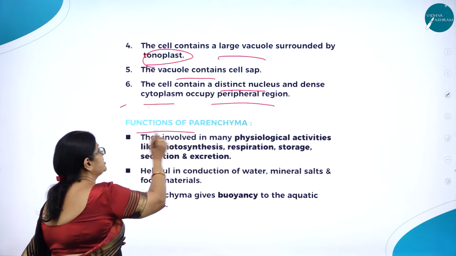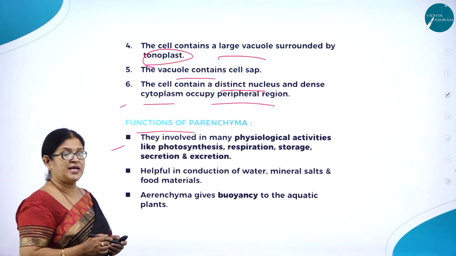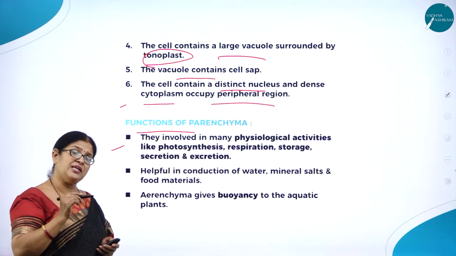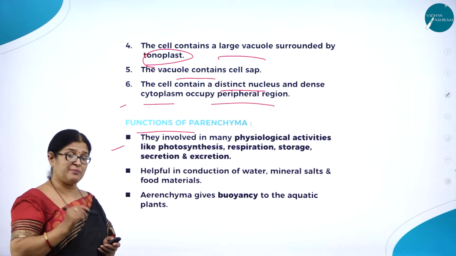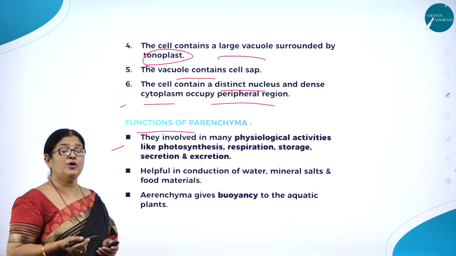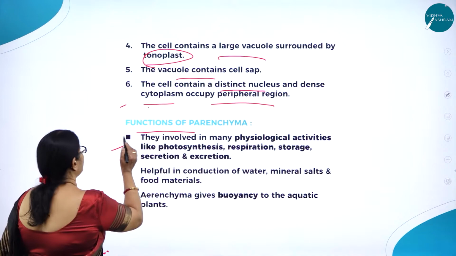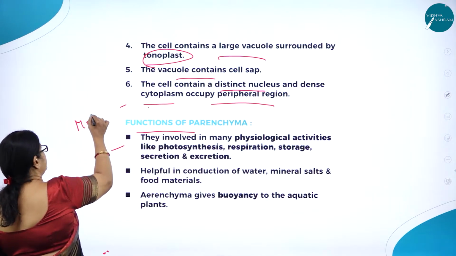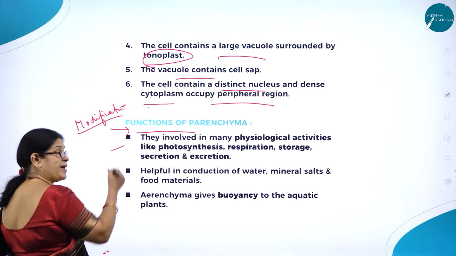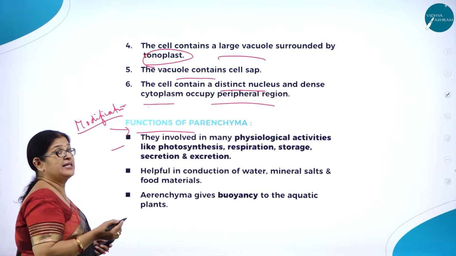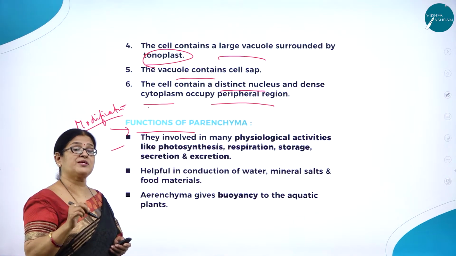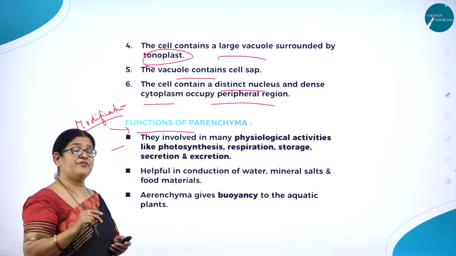Next, what are the functions of parenchyma then? As you know, parenchyma has a great role to play. You know, it is a living food storage tissue. But sometimes the parenchyma tissue gets itself modified. What do you mean by modification? There's one particular term which you should understand. Modification. Why does a parenchyma undergo modification? Other than its original function of food storage, it wants to perform some special functions. What are the special functions?